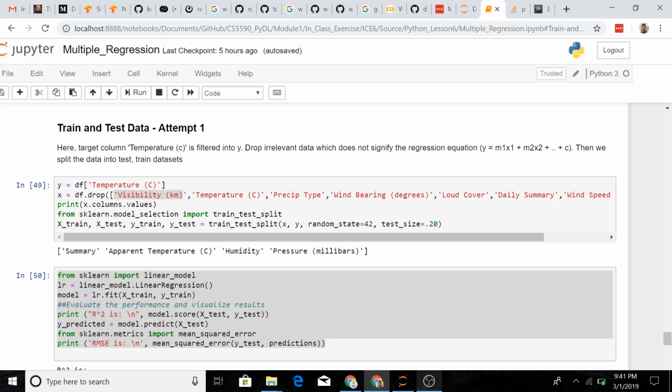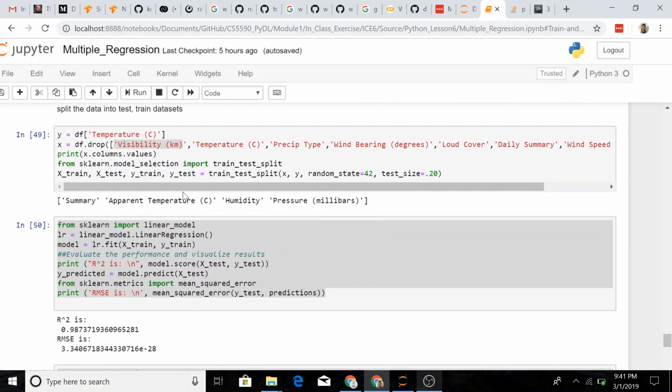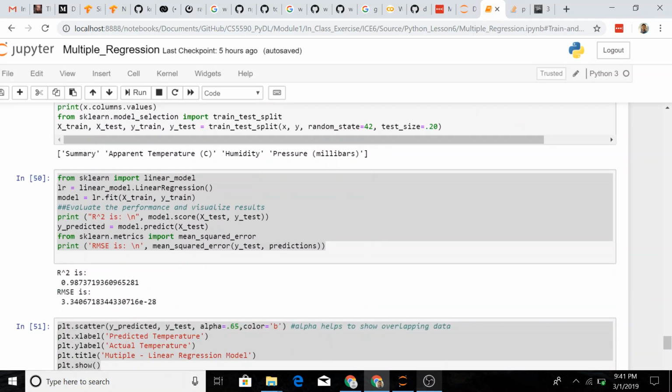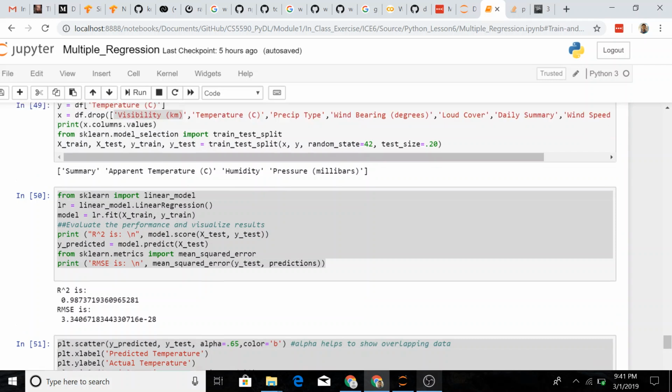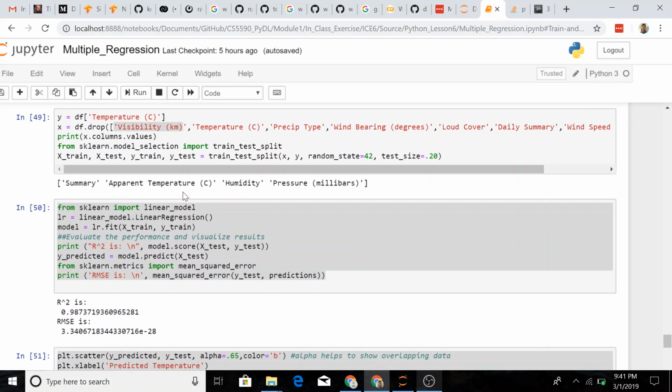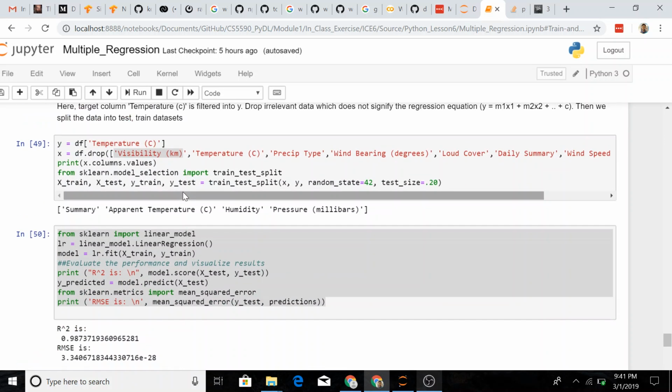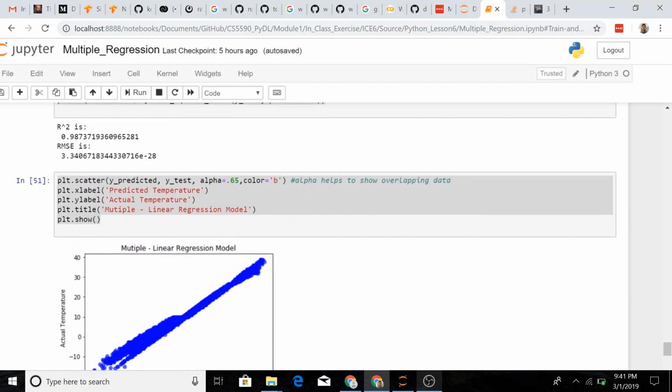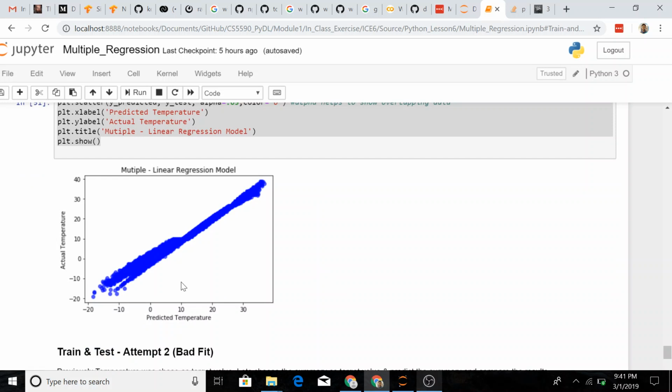The first attempt is a very good attempt with a root mean square error of 3 and an R square value of 0.98, which is very good accuracy. I've dropped visibility, temperature, precipitation type, and wind bearing, these columns from my original X, and built a linear regression model on this. You can see that the predicted temperature and the actual temperature are pretty close,